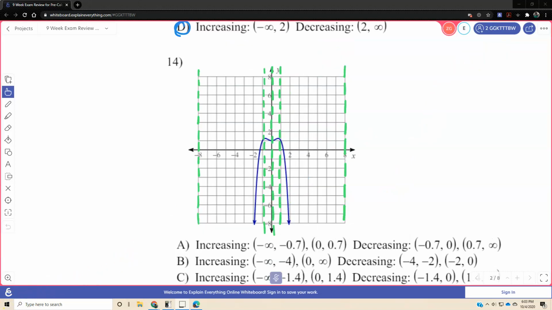So for number 14, we're trying to figure out what are the intervals of increasing and decreasing. Once again, I'm going to use my yellow marker to indicate going from left to right where it's increasing. You notice that right here it is increasing, and it starts decreasing at negative, I'm kind of estimating, negative 0.7. So increasing,